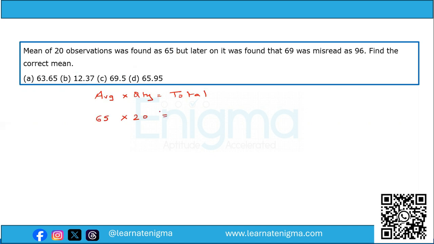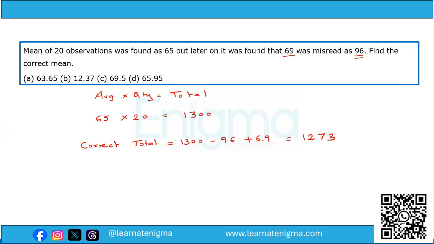So that means the total was 65 into 20, that is 1300. But it was found that this total is wrong because 69 was misread as 96. So from 1300 to get the correct total, we'll have to subtract 96 and add 69. So 1300 minus 96 plus 69. That is, we get the answer as